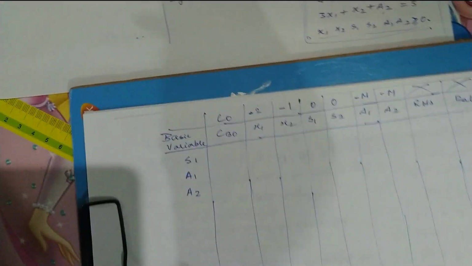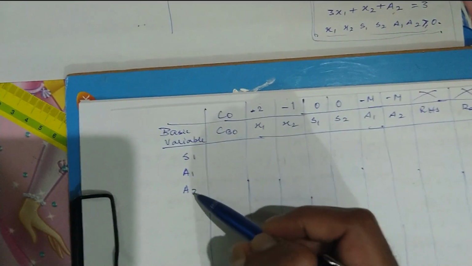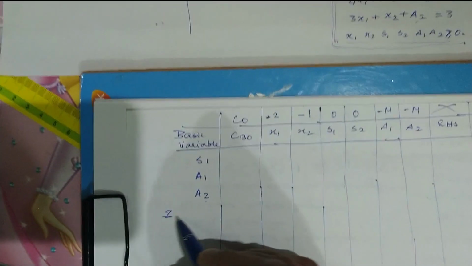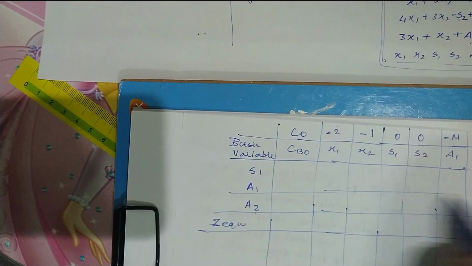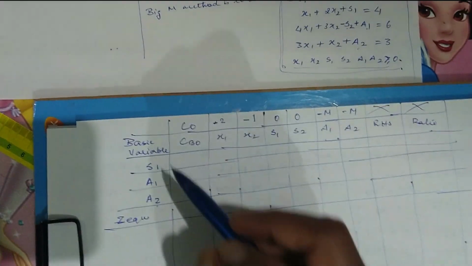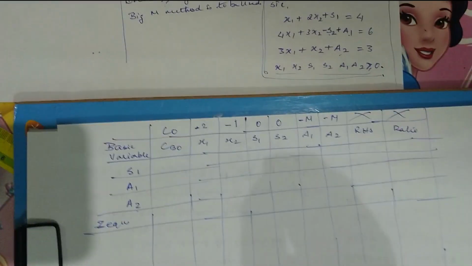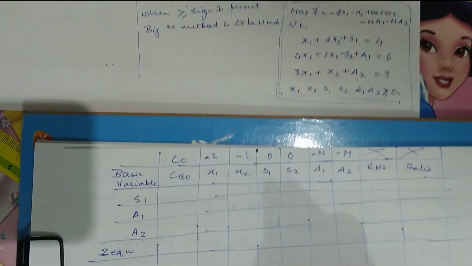So in the first solution table, the first set of variables considered are the slack variable and the artificial variables, and the z equation line remains the same. Similar to the procedure that we used in the simplex method, in the Big M method also the rest of the procedure of calculating all of the values in all of the cells remains the same. Even otherwise, I'm going to simply brush through the whole of the calculations once again.